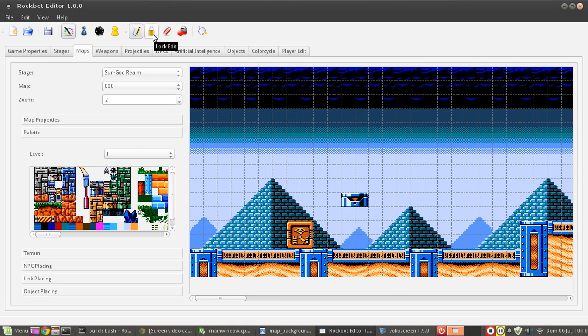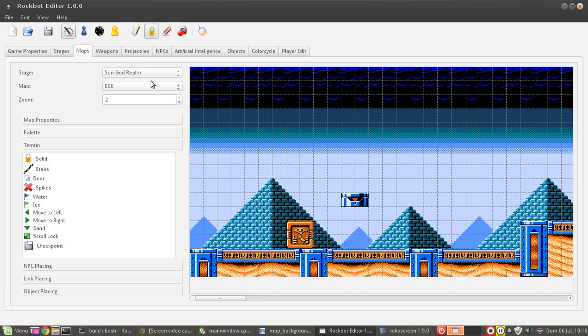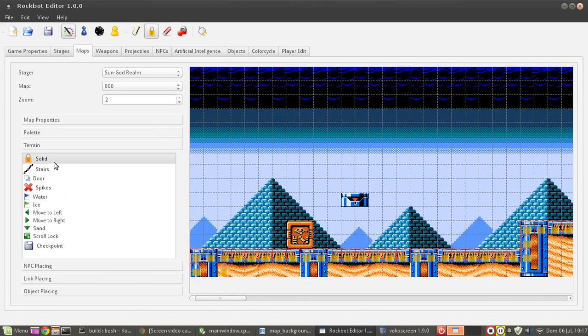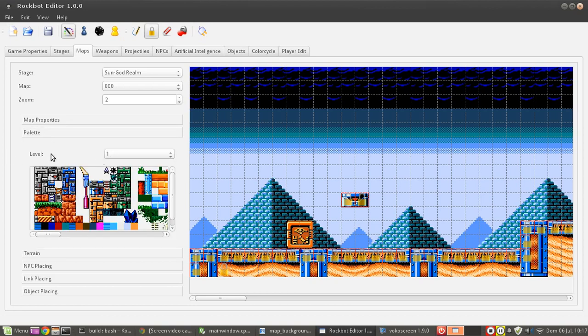For that, we needed to click here on Lock Edit and select different types of terrain. Solid is the most common. That's for platforms or ground. So the player won't be able to transpass it. It will hit the head or jump over it. But there are, let's again see the stairs that aren't visible because I'm just editing level